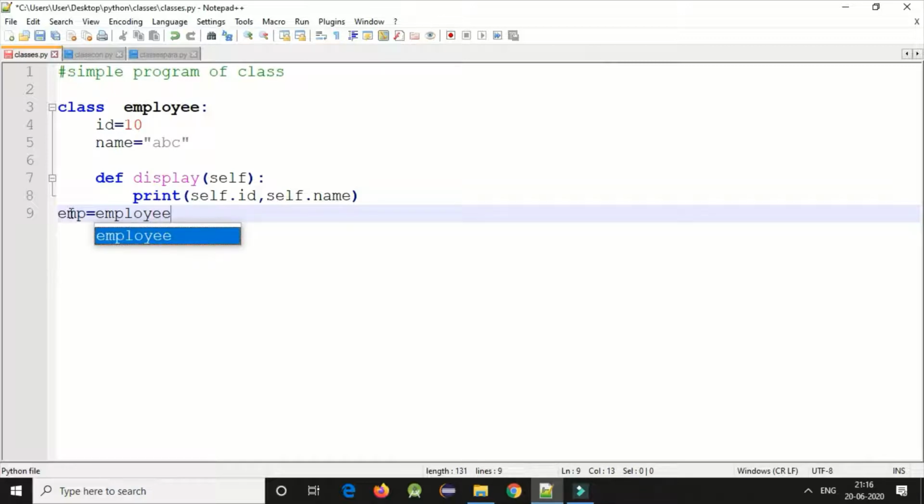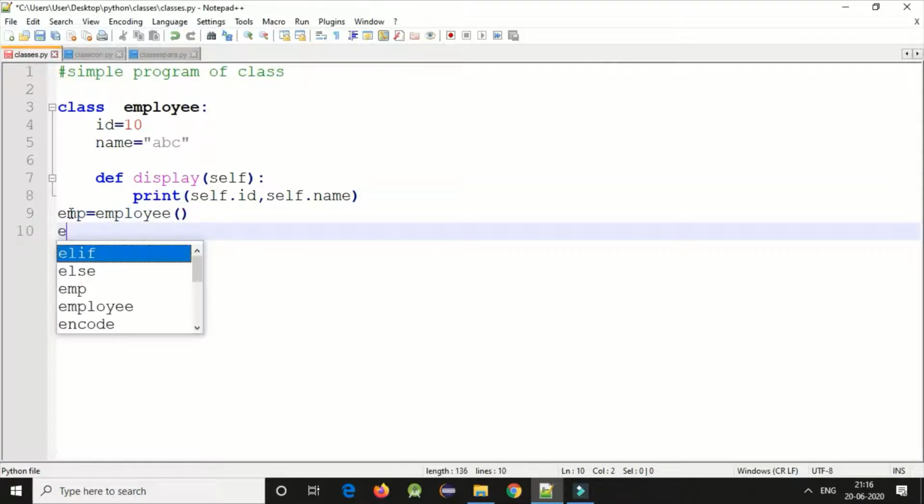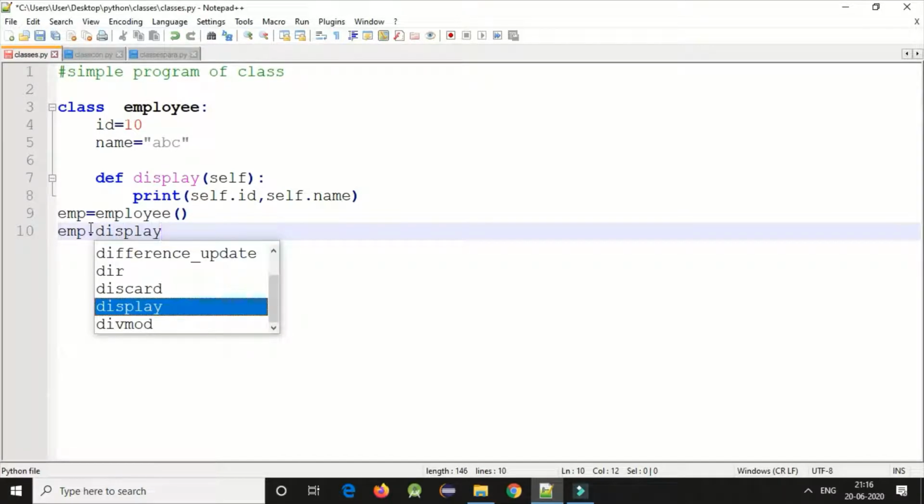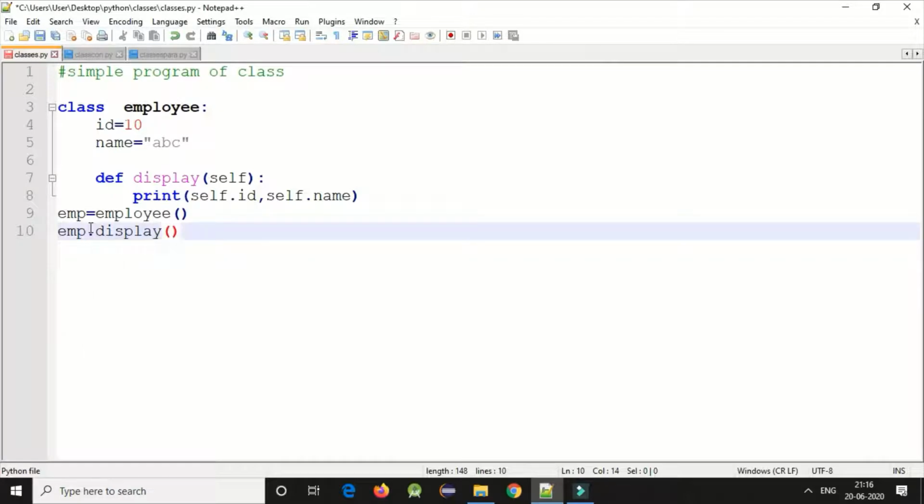Now this object will call my display function. So emp.display. Okay, now this is okay.